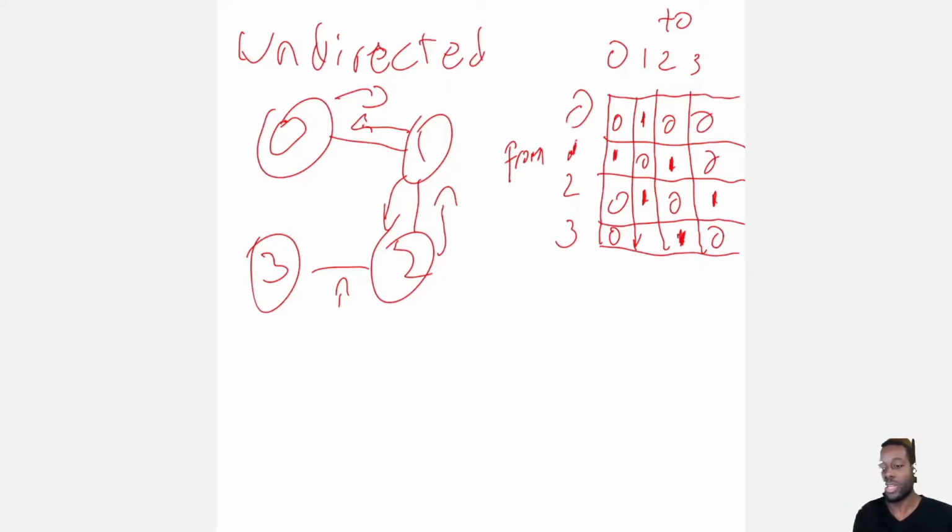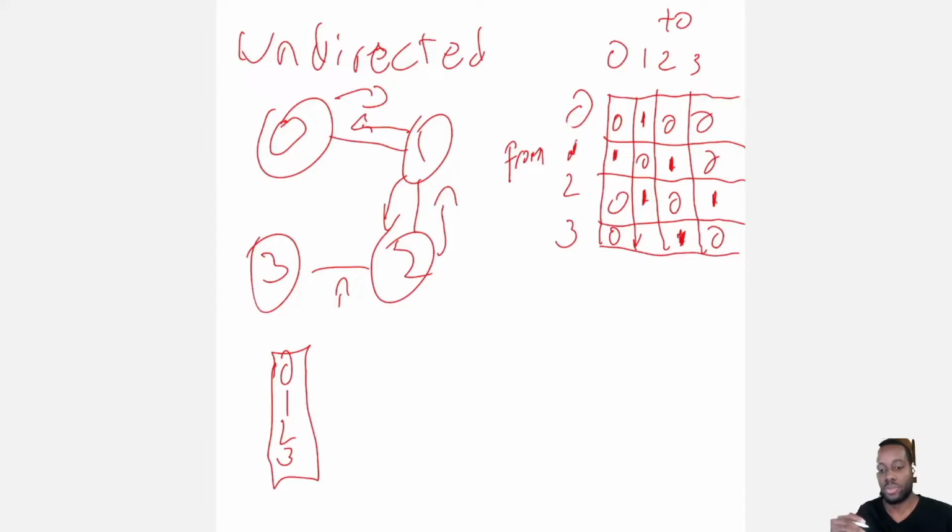So now let's talk about how we represent it using an adjacency list, guys. You could think of it as an array of lists, and the size of that array is going to be equal to the number of vertices in the graph. At every index, they're pointing to their respective list, which represents the list of adjacent nodes